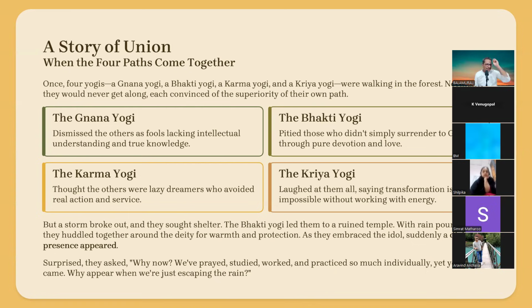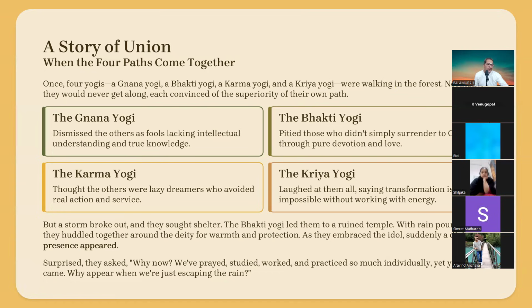These bhakti people are just lazy people. They simply want to sing songs and sit in the temple. Karma yoga people don't have anything at all. They just want to do work. How? By doing work will you become realized? Kriya yoga people talk about energy, all those things. So he feels he is the best person. Then the bhakti yogi started laughing at the jnana yogi. This guy, when God is with me, why is he reading all the scriptures, asking all the questions? Useless fellow. God is there, hold his hand, keep on moving. Whatever problem comes, God is there. Ask God's help, he is going to give it.